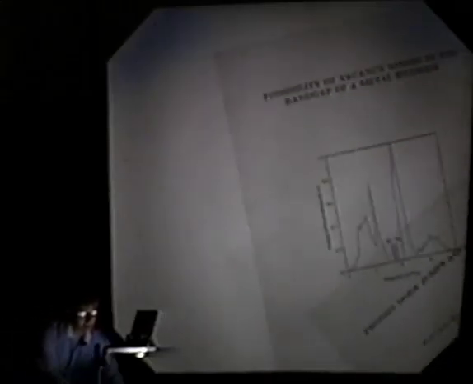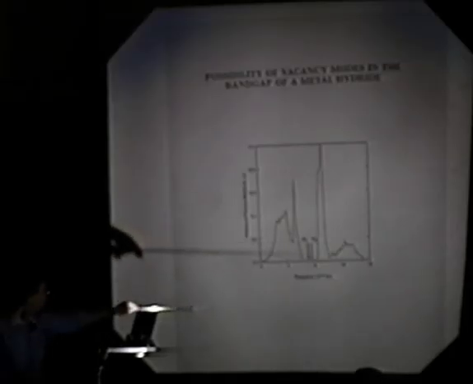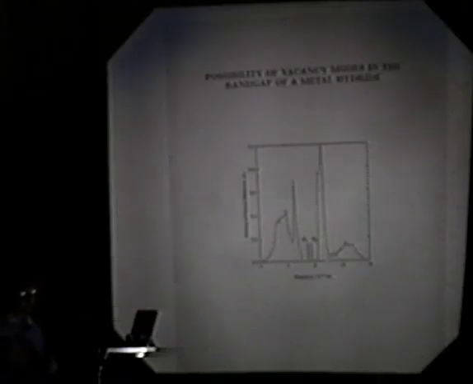Last conference, it dawned on me that vacancy modes in a metal hydride would work the same way. I postulated that if you had the Fukai type of structure locally, if you have a palladium vacancy, you have the deuterons remaining basically in their octahedral sites, but if the palladium's gone, the potential's a little bit softer, and the phonon mode frequencies would go down. If you have 8 deuterons, perhaps you have modes here. If you have 7 deuterons, the potential's even softer, and perhaps you could get another impurity band, a vacancy band.